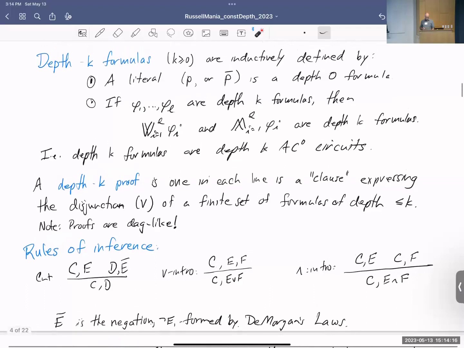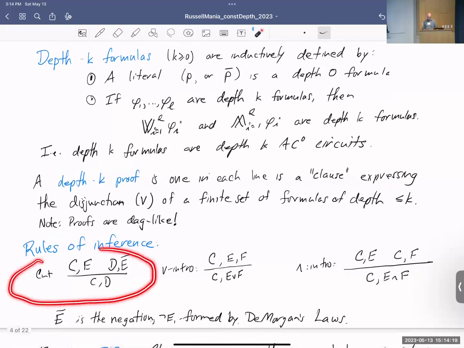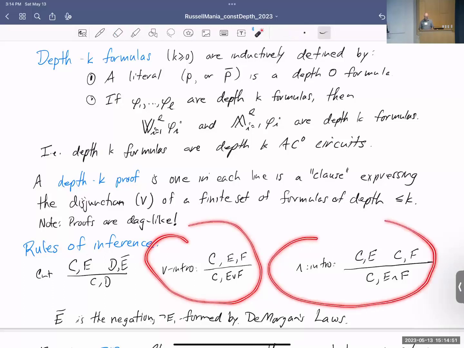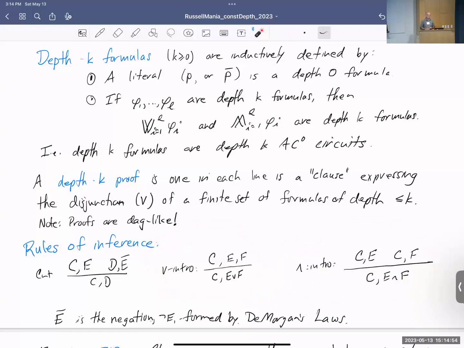The rules of inference then are, I called it cut now, but it looks identical to resolution: from C or E, and from D or the negation of E, you can infer C or D. And by E bar, what I mean is, E is an AND of ORs of ANDs of ORs of literals, and just use De Morgan's laws to convert it into the negative formula, also depth K. And now that we've got ORs and ANDs in the language, we have an OR introduction rule and an AND introduction rule. One advantage of the Tait style systems is we don't need to worry about the elimination. Those are just